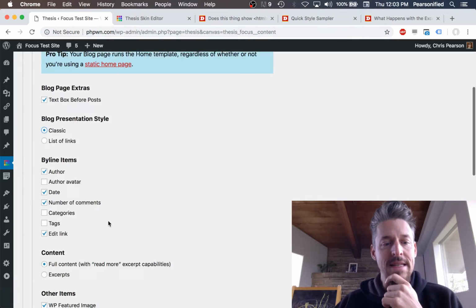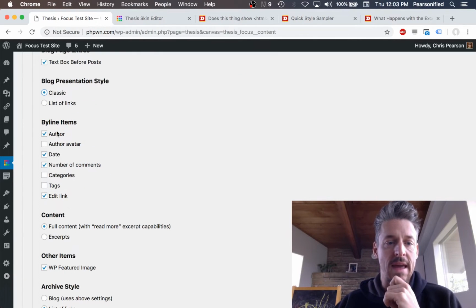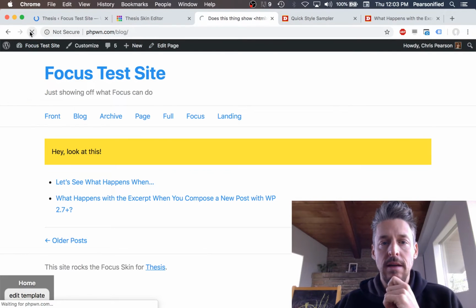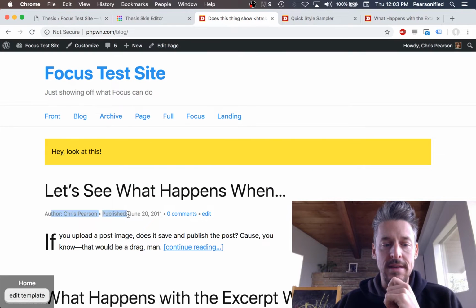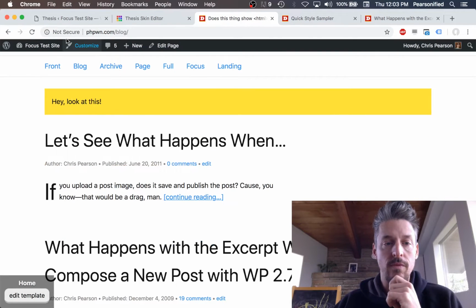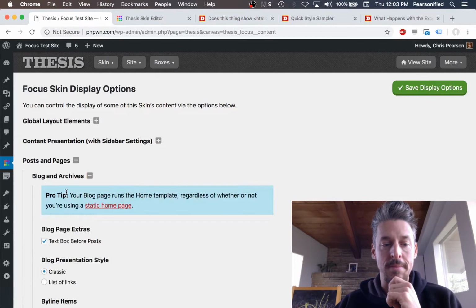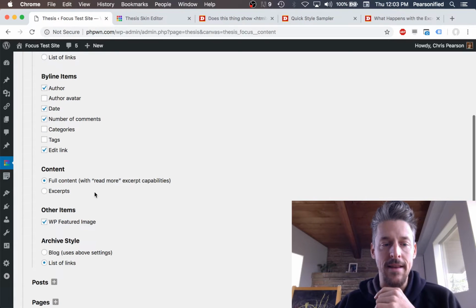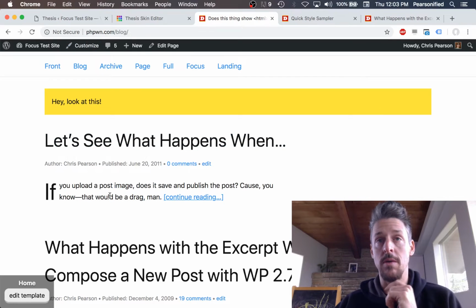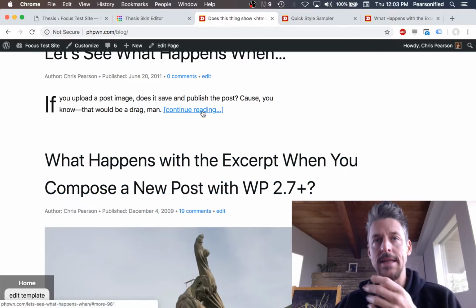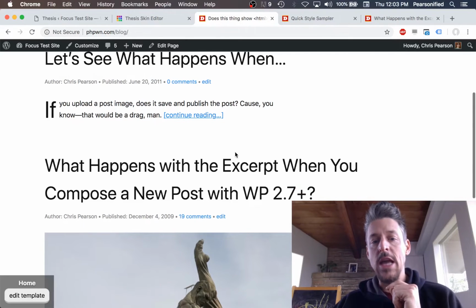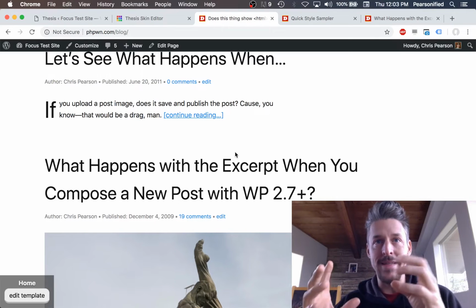So if we go back to the classic display style, we can choose, for example, what appears in our bylines. So these guys here, this is a byline. And we can choose the specific elements that appear there: author, author avatar, date, number of comments, categories, tags, and an edit link. And then we can choose how we display the content. Right now I'm showing full content, but you'll notice these links to continue reading. What's that about? There's a feature in WordPress known as the More tag, and you can subdivide your content and say that, hey,